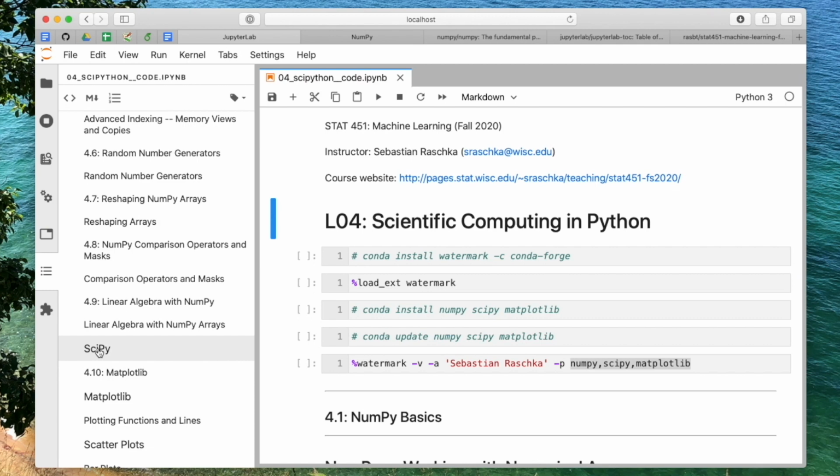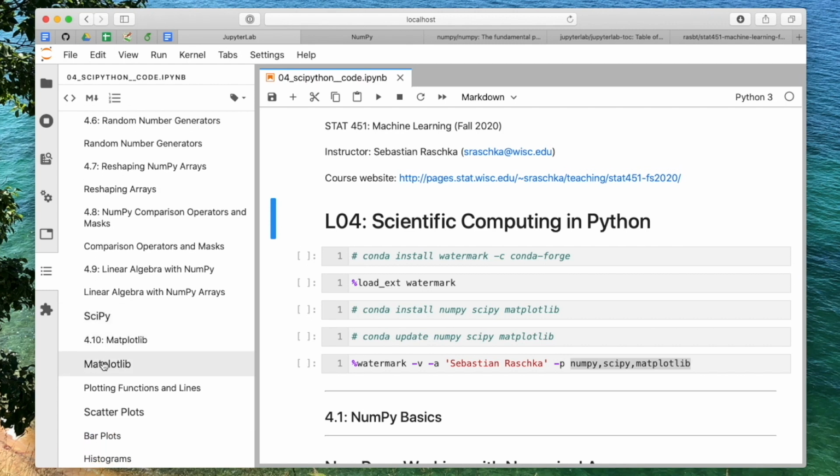I won't be talking much about SciPy because SciPy is a library that implements some algorithms on top of NumPy, algorithms that are commonly used in scientific computing. For example, the L2 norm that we covered in the KNN lecture would be a function implemented in SciPy. However, you can think of SciPy more as a collection of tools, so we don't have to learn anything specific about it. If we need it, I can tell you what we have to import from SciPy, and then we can use it. We don't have to really memorize the whole library. In any case, lastly I will show you some Matplotlib. Matplotlib is a library for plotting graphs.